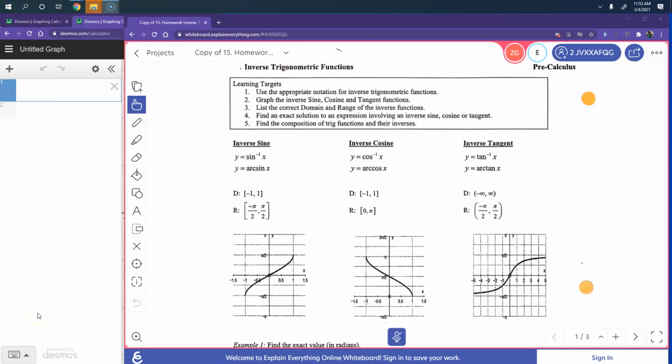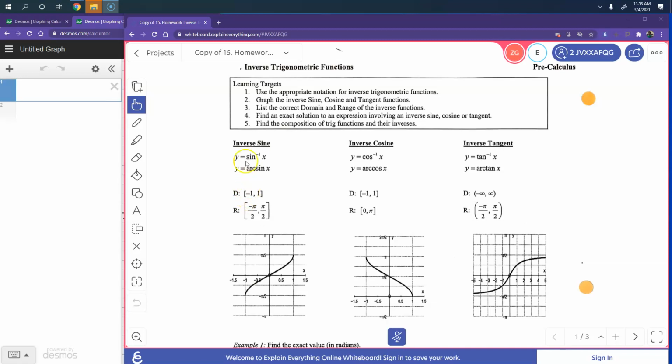What we're going to be doing today is practicing using the inverse trig functions. Remember that we're going to focus on the inverse sine and inverse cosine. And just so you know, you can call it either arcsine or arccosine. You're dealing with only this portion of the graph. We discussed in the last lesson that we had to